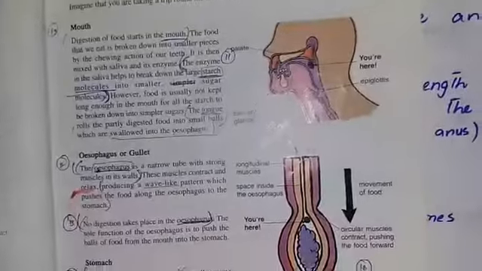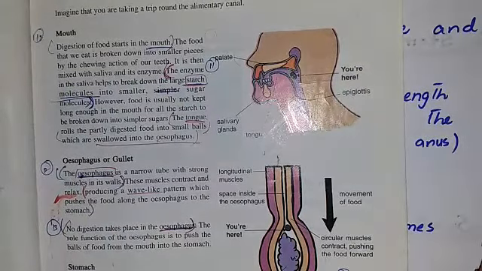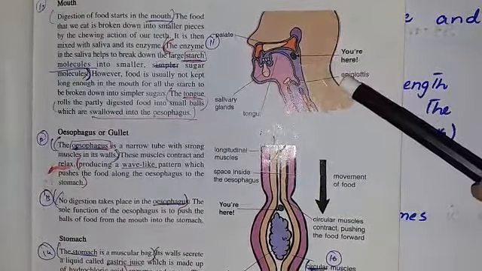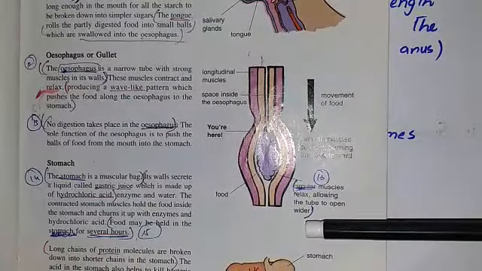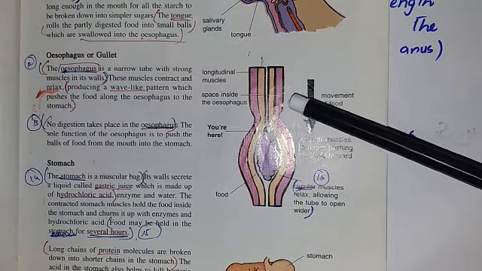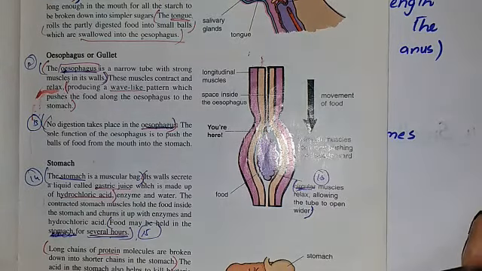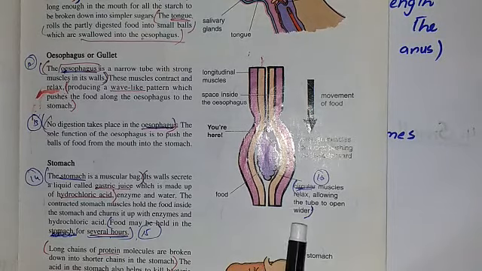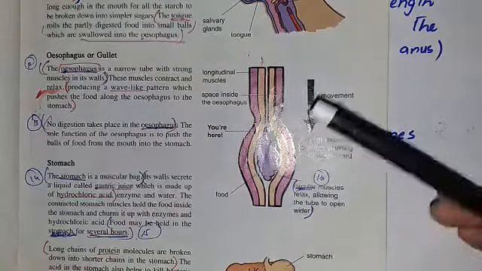Students, now in this diagram I will separately explain all the parts of the digestive system. Here is the mouth. In the mouth digestion takes place with the help of salivary glands. Next is the esophagus. Students, in this diagram you can see that in the esophagus the longitudinal muscles contract and relax and push the food from the mouth towards the stomach. You can see that the circular muscle relaxes, allowing the tube to open wider. This is the food. When the muscles contract, the food moves downward.